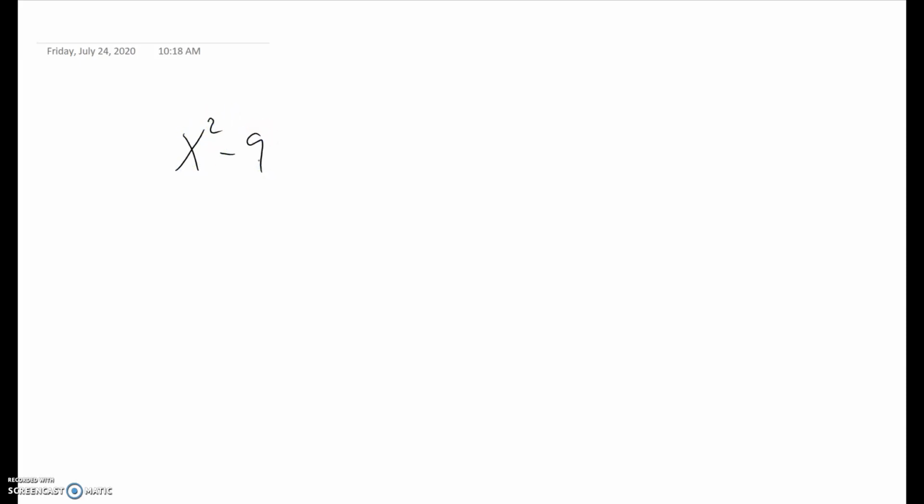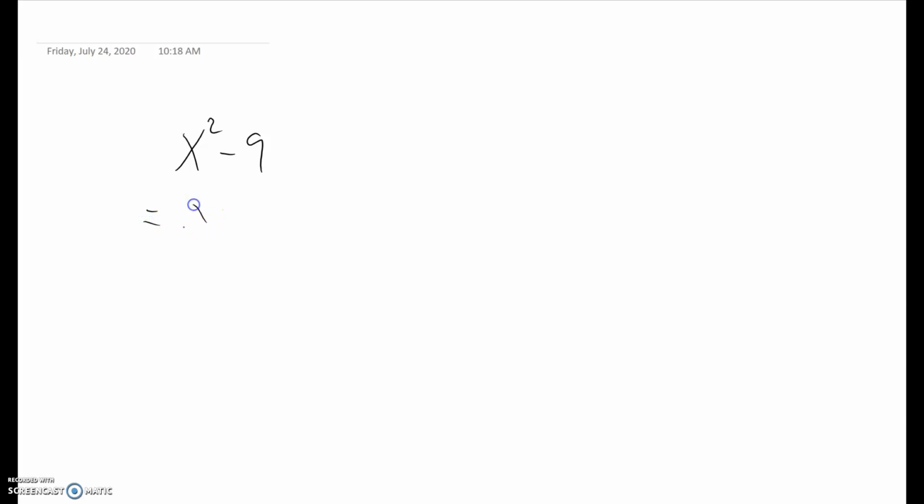x squared minus 9. Remember, when we're factoring, we're just factoring expressions. There's no equal sign, so it's not an equation, so we're not solving anything. We're just rearranging it. When I look at this, what I'm really looking for is, when there are only two terms like this and no middle term, no x to the first term, can I rewrite it so that it really is just going to be